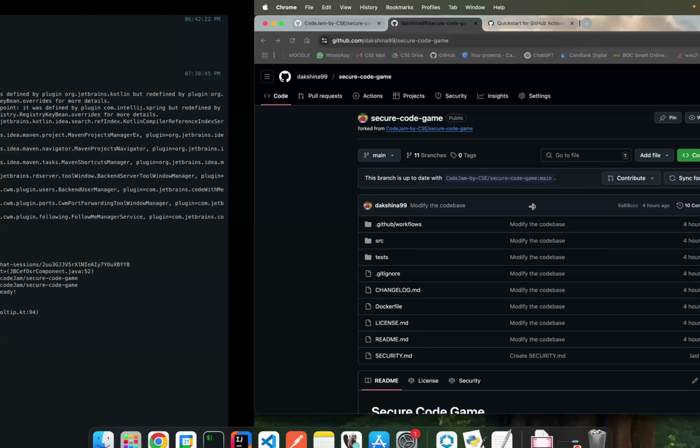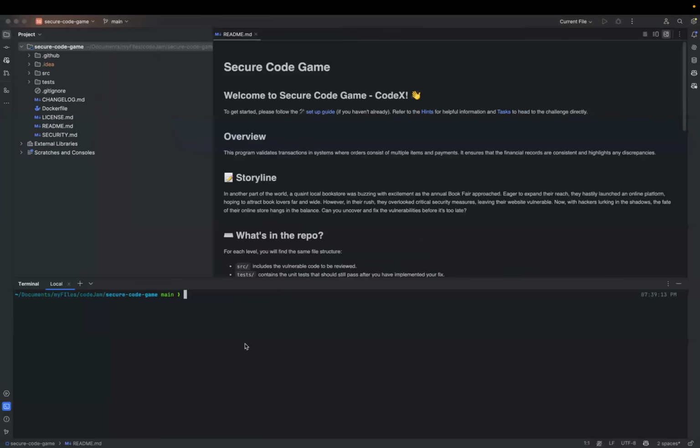When you want to create a new branch, here I'm at the main branch. You can see from here, and in VS Code you can see from this bottom bar as well, what is the current branch that you are in. So you can use git checkout to check out a new branch. If you want to create a new branch, you can add a flag dash b. Again, if you have any doubts in these commands, just type dash h.